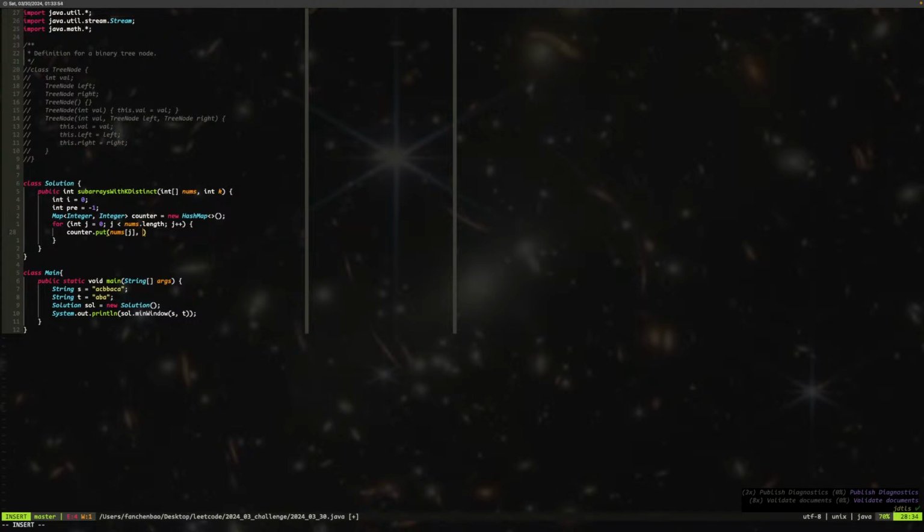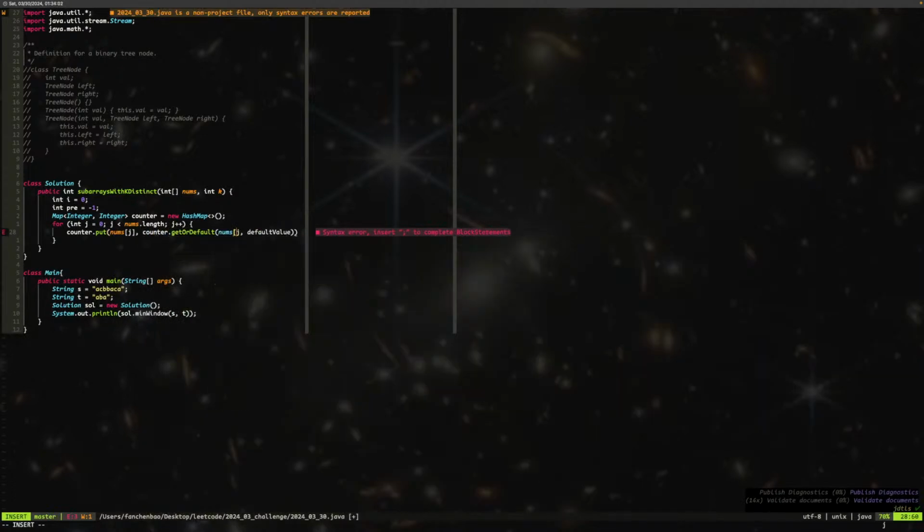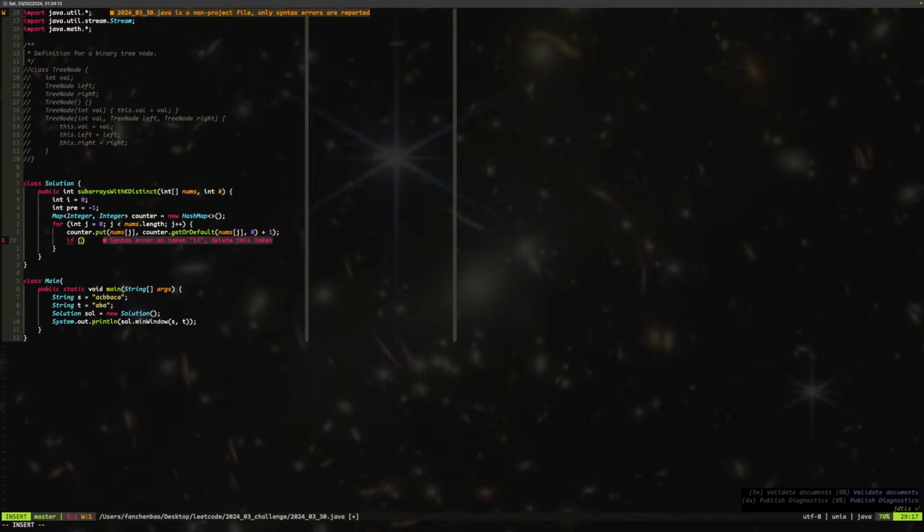Okay, then counter.getOrDefault nums j, default will be 0, plus 1, right? If counter.size equal to k,